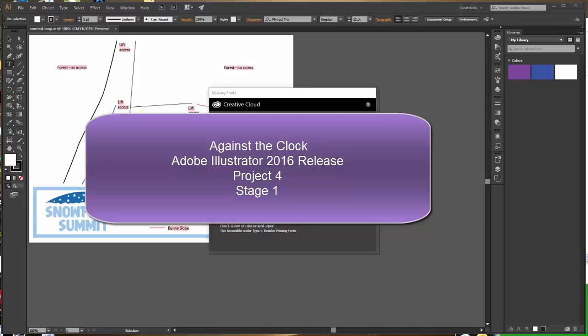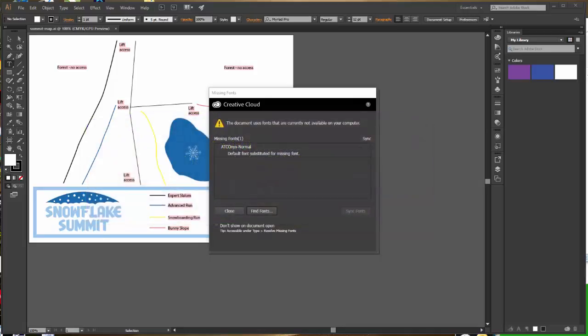This is project 4. We are on stage 1, working with the color swatches. If you have oddball things that pop up from the last lesson that you did, you can go up to essentials and reset essentials so that everything goes back to factory. When you open up your first file, which is Summit Map, you are going to get a